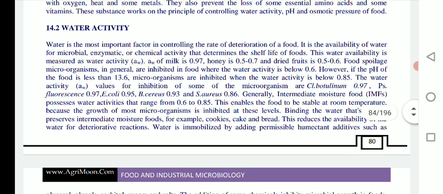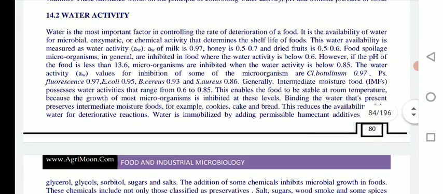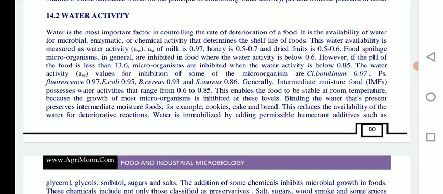us. In case of water activity, we have studied in the previous lecture that growth of microorganisms is mostly dependent upon the water content of that food, and water activity is most important factor in controlling the rate of deterioration of food. So it is the availability of water for microbial, enzymatic or chemical activity that determines the shelf life of food. So this water availability is measured as water activity, as we have already studied, and the